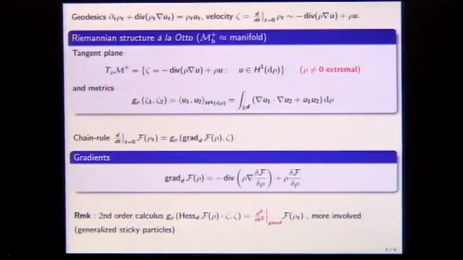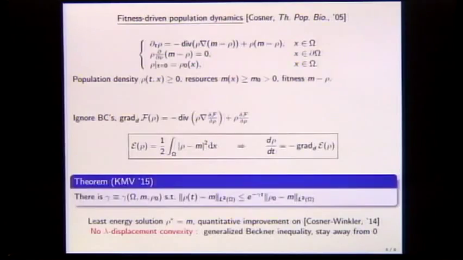One of the huge advantages of doing so is that once you have a Riemannian formalism, you can compute differentials. And the Riemannian metric allows you to pull back differentials of real-valued functionals to tangent vectors, formally through the chain rule. Okay? And there's a very easy back-of-the-envelope computation showing you that if you give me a functional f on the space of measures, then this is exactly how you compute gradients. For those of you who know Otto's formalism, it's very similar. So it's just 2 minutes, right? Perfect. Okay, so now I know how to compute gradients, and let me give you, this is the last slide, don't worry,